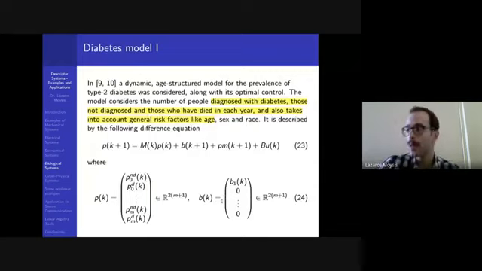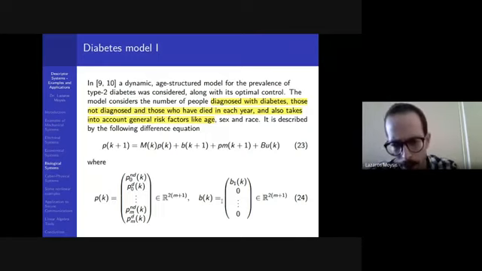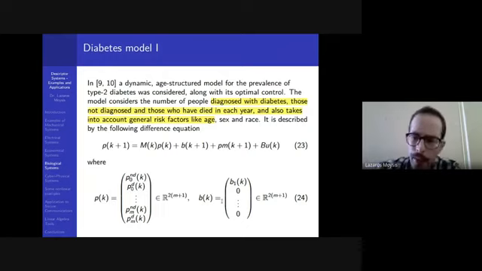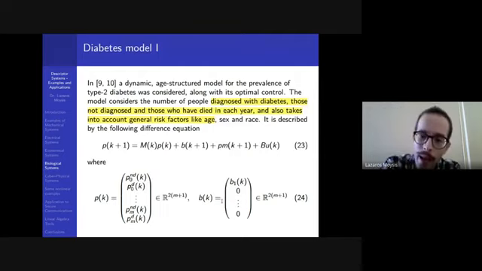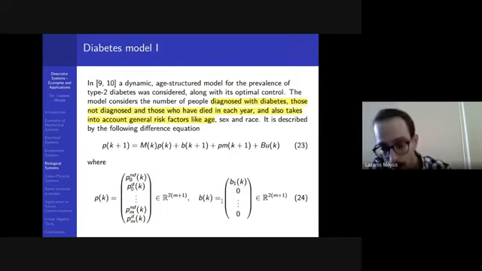This is another example which falls into the category of population dynamics. Population dynamics, again, are part of biology. For example, here, this is an example we found along with Vikas, who was presenting previously, which is a distribution model for diabetes. So the states here may be the people who have diabetes, the people who don't have diabetes, the people who die, the people who have diabetes, but on the next year they don't have